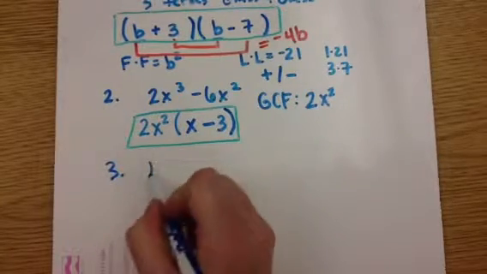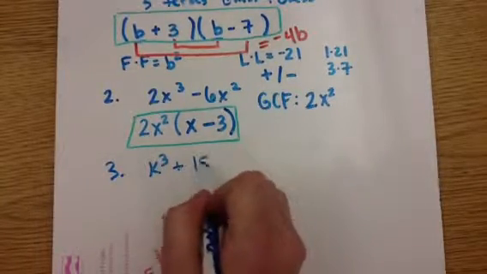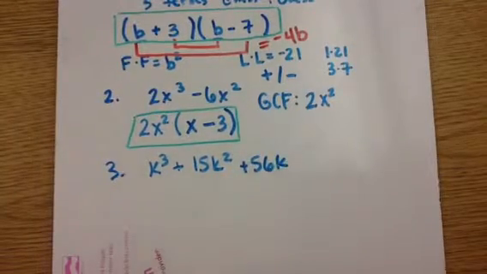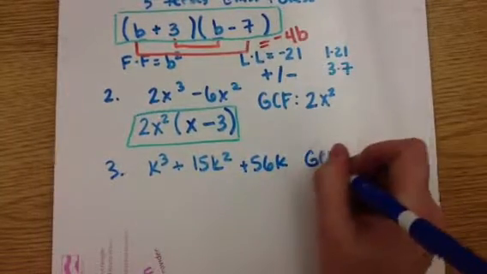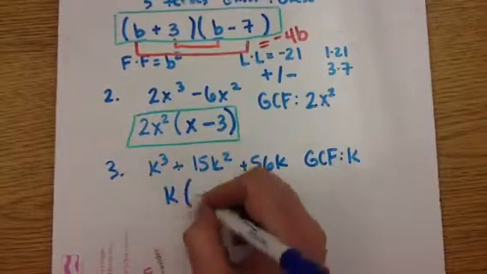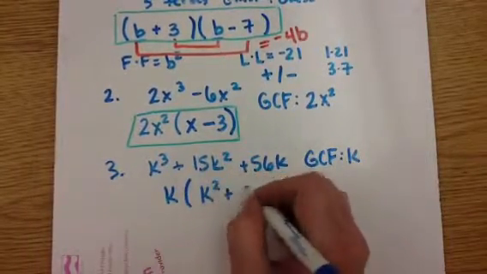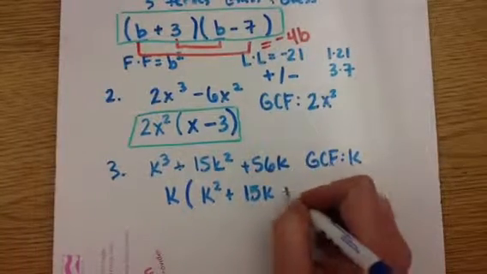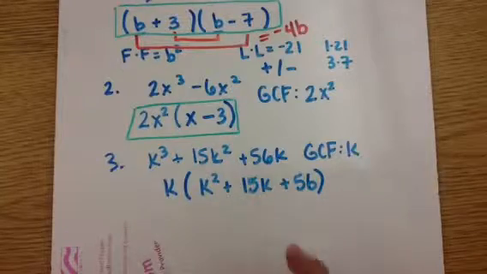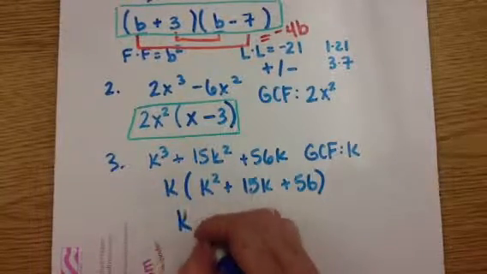Number 3, k cubed plus 15k squared plus 56k. The greatest common factor for these 3 terms is k, so I'll factor out a k, and that leaves me with k squared plus 15k plus 56. There are 3 terms in here, so I'll be looking at guess and check, so I'll set my